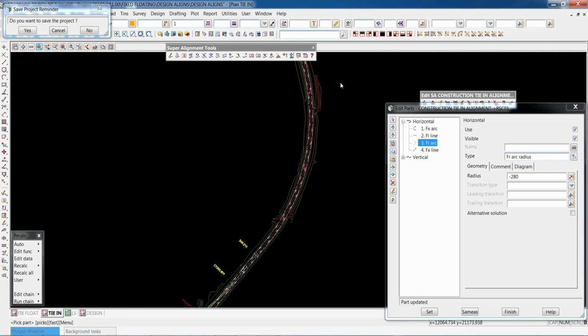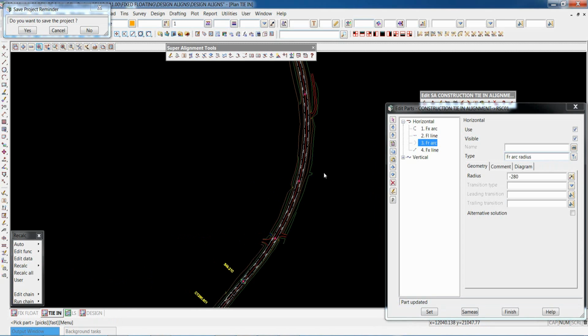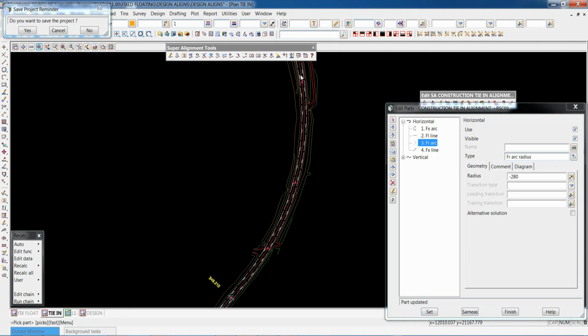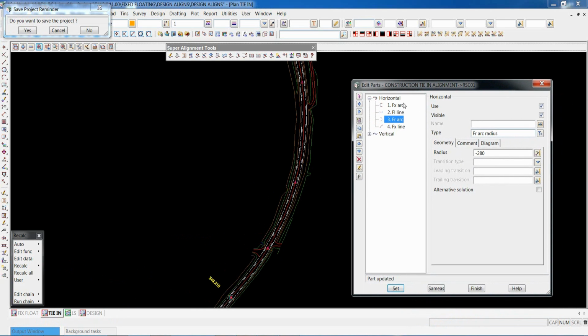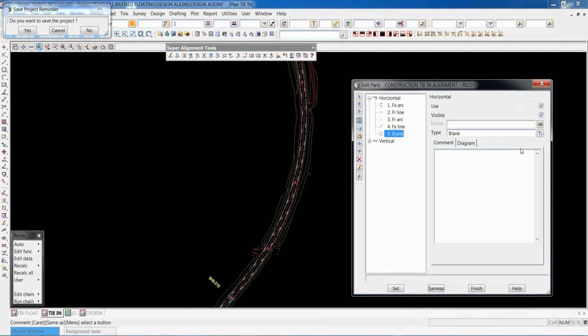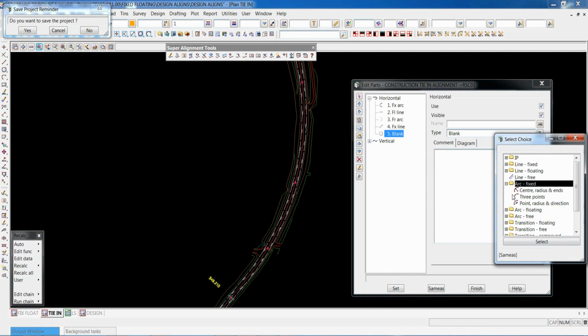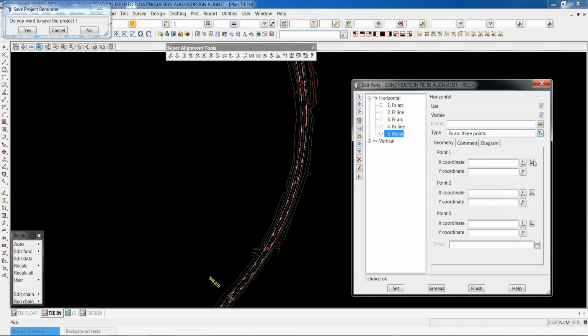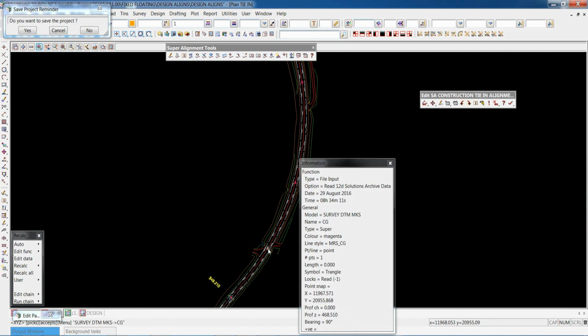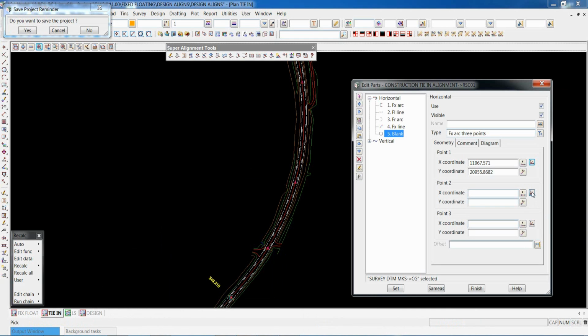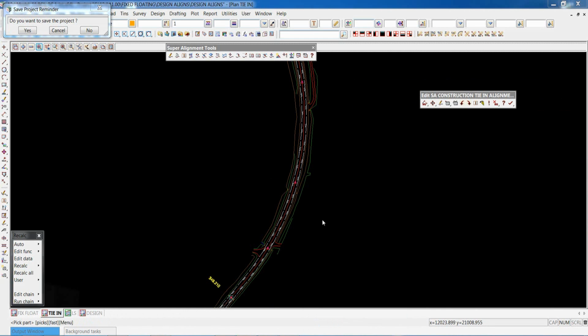So in that case here, it could have been a combination of an arc. It could have been an older road which used a radius with some transitions, but it's a bit hard to know. So in this case here, I can just go to the fixed line, and I can insert and put another fixed arc in, similar to the start, and I can pick 3 points. So I looked at these 3 points and defined that they would be the best representation of the arc.